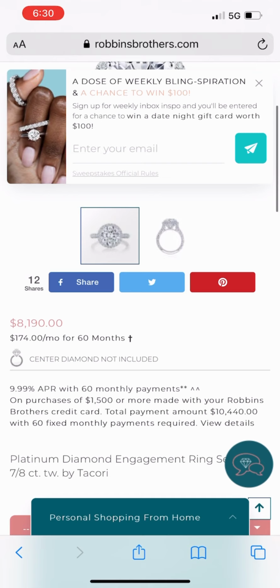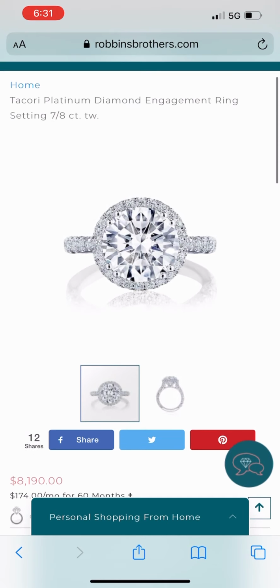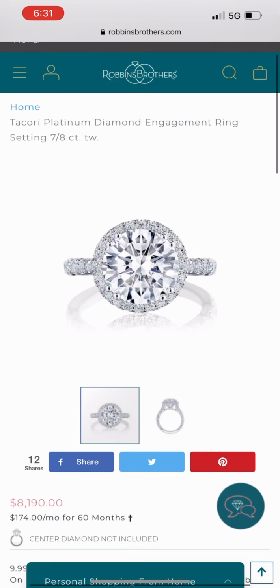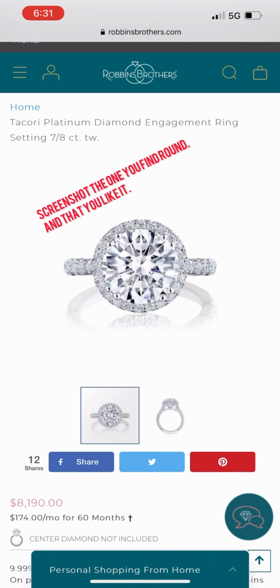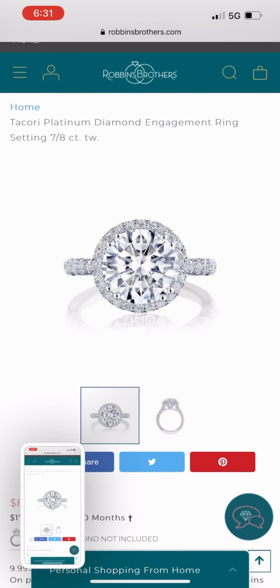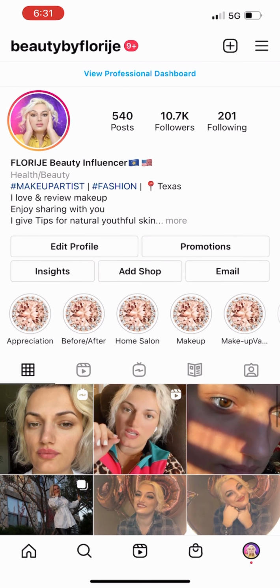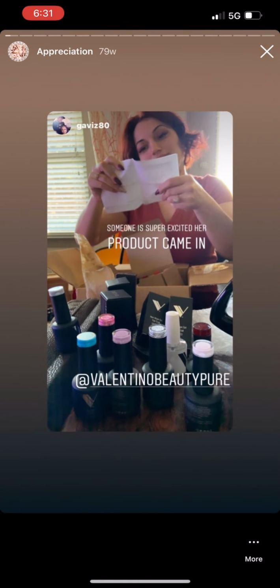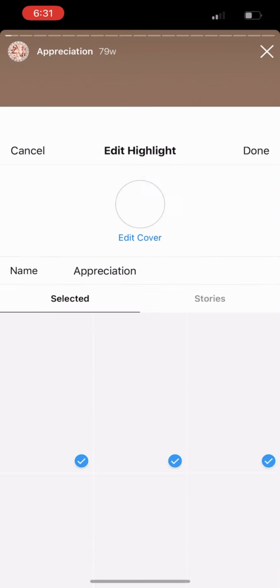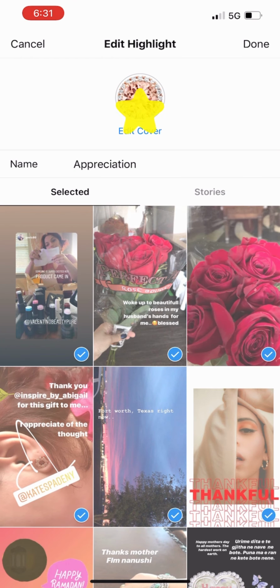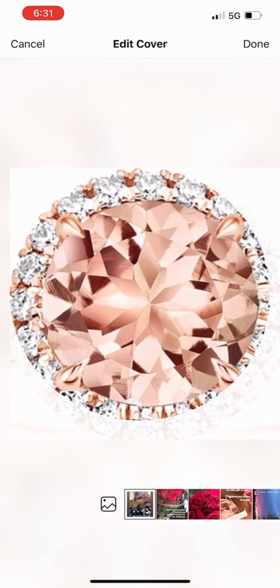Alright, so I like this one, so I'm going to choose that, and then I'm going to screenshot this. And then I'm going to go back to Instagram and choose the first edit, highlighter. You want to keep them all the same, and then click more, edit highlight, and then press on edit cover on top. And now I'm going to press the picture button in the bottom and then choose the screenshot that I saved